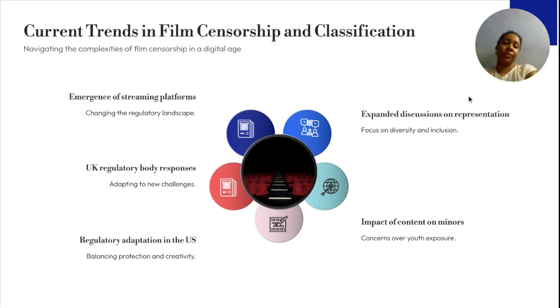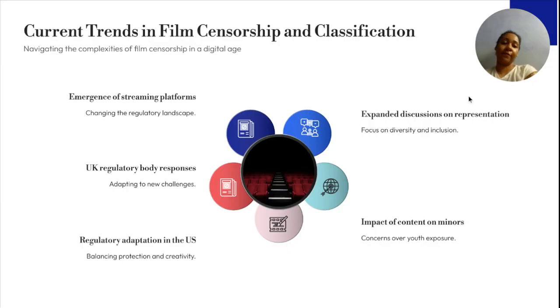Yeah, they're not really regulated as much, and the UK regulatory body responds, so it's adapting to new challenges like COVID and the use of streaming services to make high-end film productions and all those things